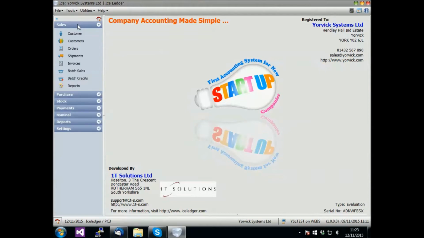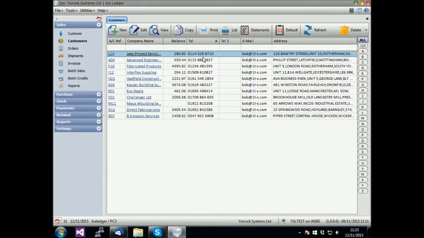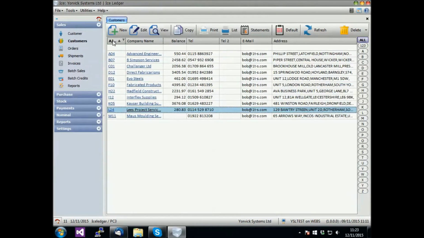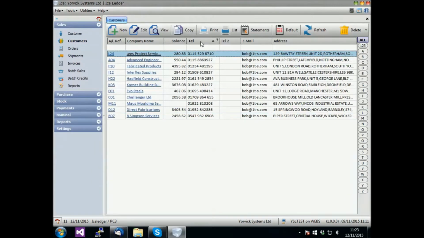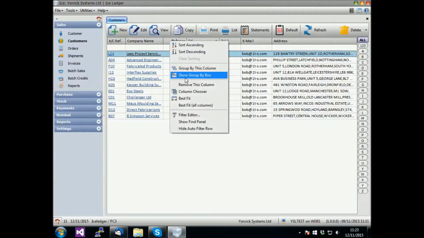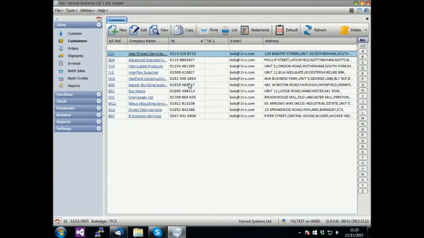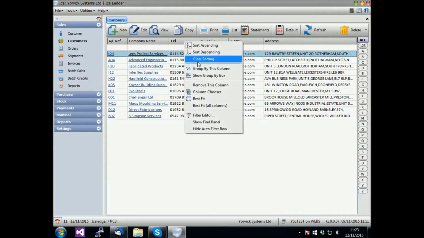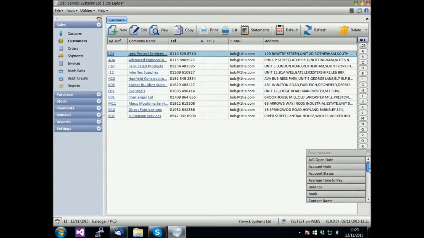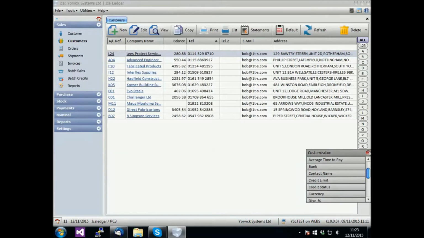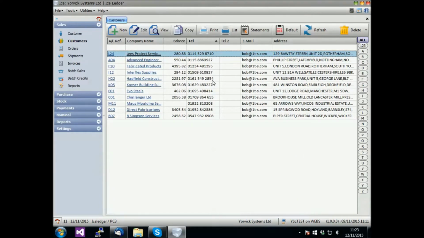Under Sales, customers show a list of customers and other customer information in columns. By clicking on the column titles, you can change the list sort order. You can remove columns you do not wish to see, add columns that you do want to see, change the order in which columns are displayed,